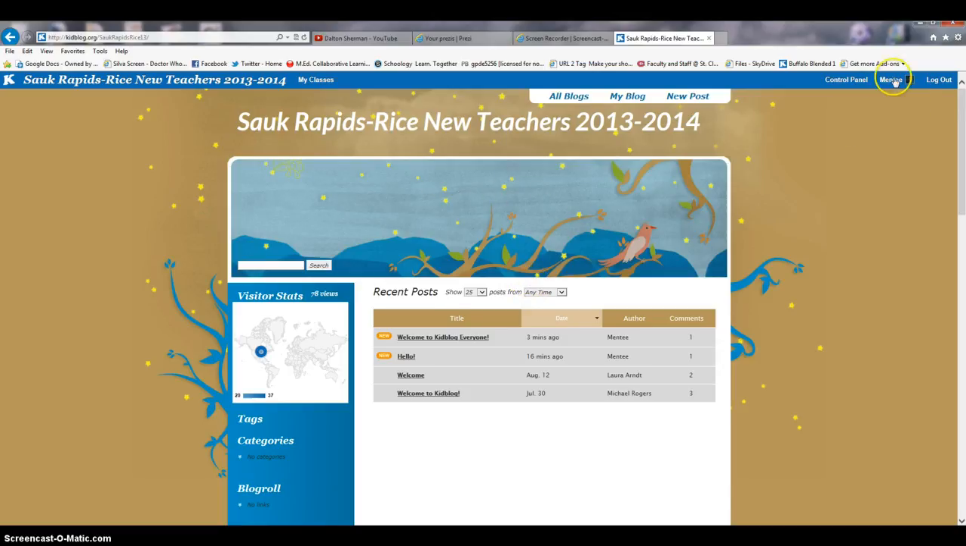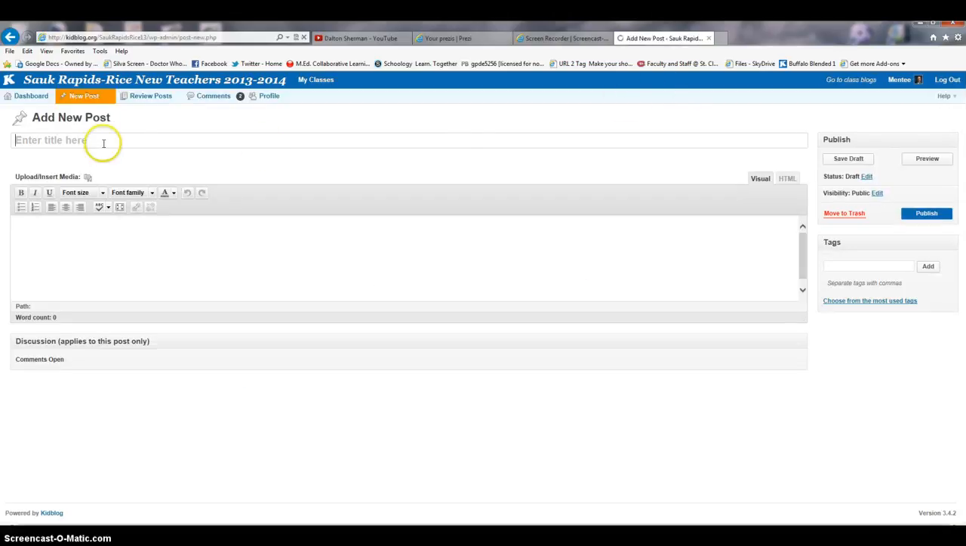So I'm logged in as mentee. I'm here looking at all the different blogs that have been posted so far. If I want to go to New Post and put in my next entry, I might type in some things here about my day in my class, that type of thing. You type in all your text, you do what you want to make it look the way you want,